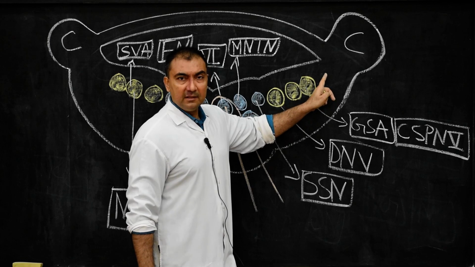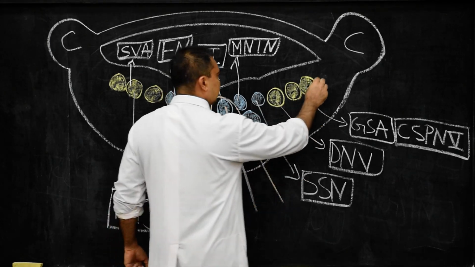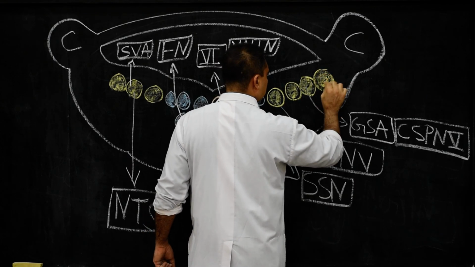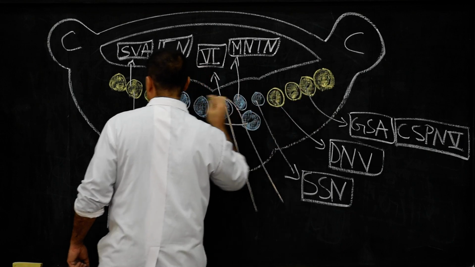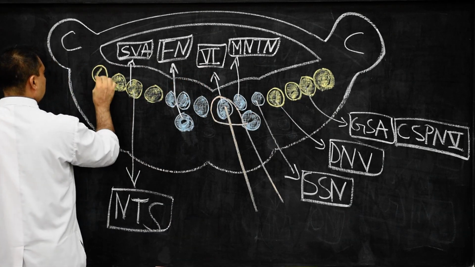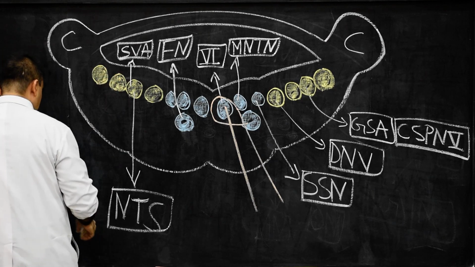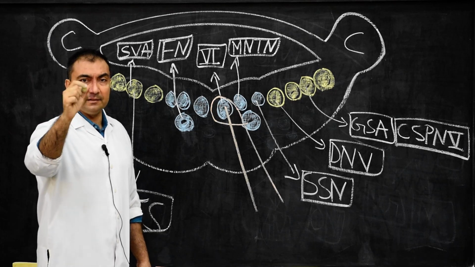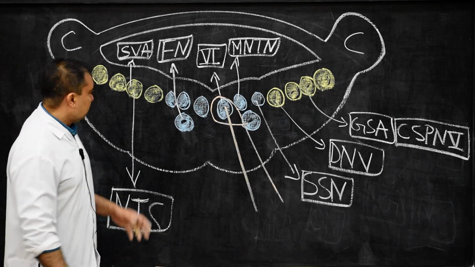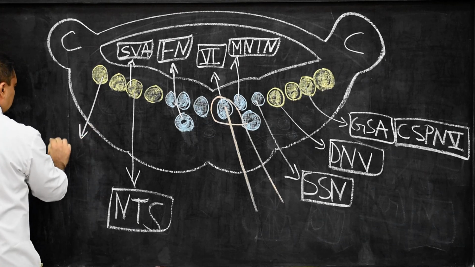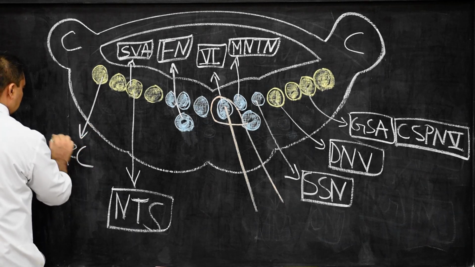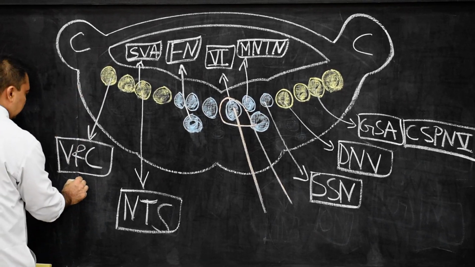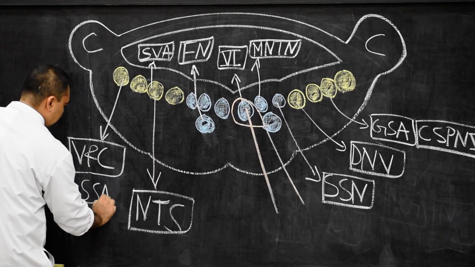And the last functional column is represented as special somatic afferent, and this special somatic afferent will be represented as the vestibulocochlear group of nuclei, the same vestibulocochlear group of nuclei which we have seen in the medulla oblongata. So therefore here this will be the vestibular and cochlear group of nuclei. It is representing the last functional column, that is the special somatic afferent group.